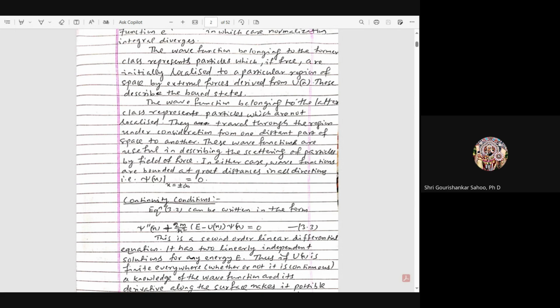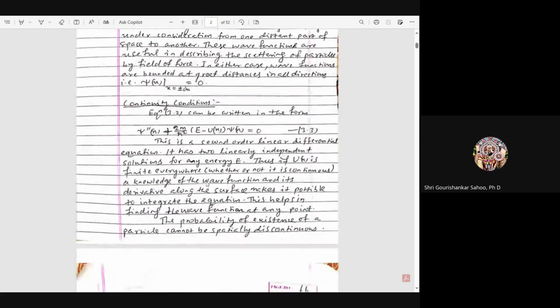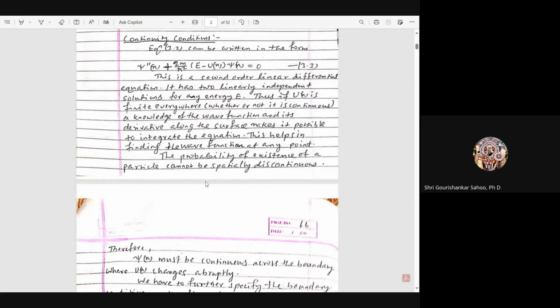In either case, wave functions are bounded at great distances in all directions, that is ψ at x = ±∞ is equal to 0. And what is the continuity condition? This equation which I have described now, ψ'' + (2m/ħ²)(E - U)ψ = 0,